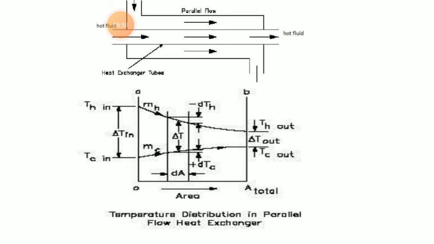The rate of flow of heat through this elemental area is given as dQ is equal to U into dA into TH minus TC. It is UA delta T, right? So U into dA into TH minus TC. This is the small heat drop across that small elementary area. So dQ is equal to minus mH CPH dTH. We also know that heat transfer can be calculated by the formula mCp dT.